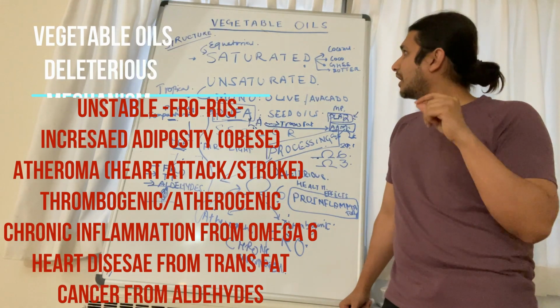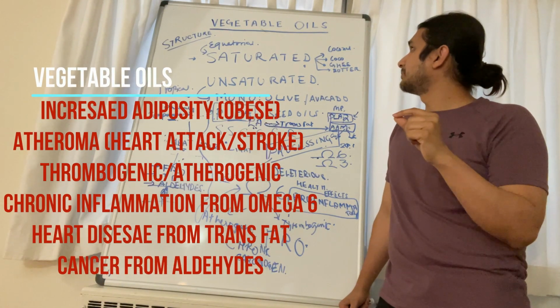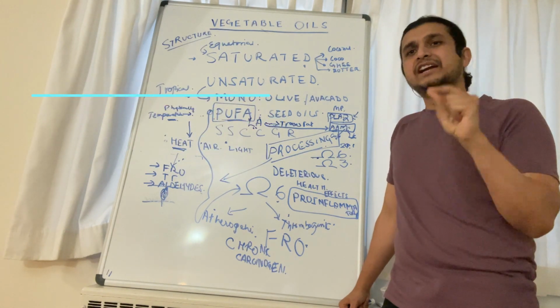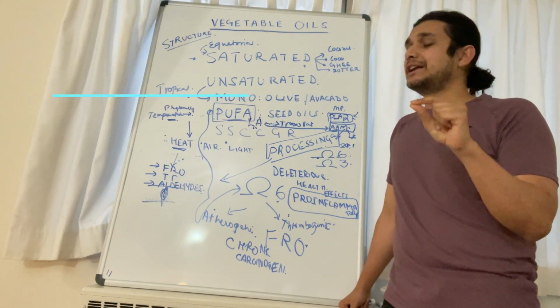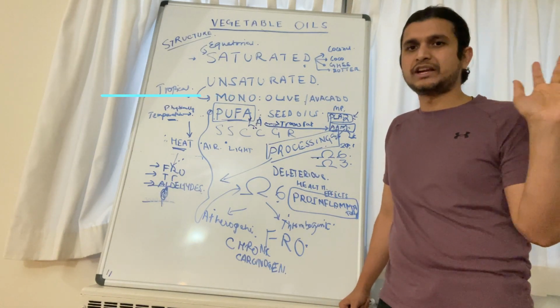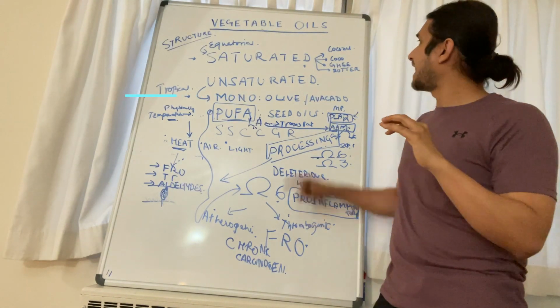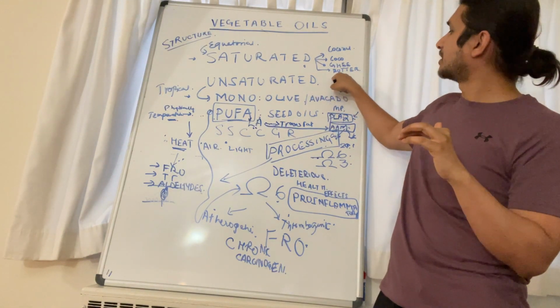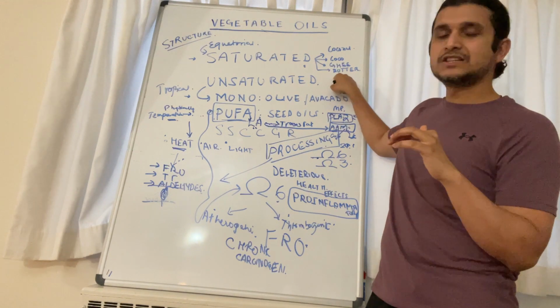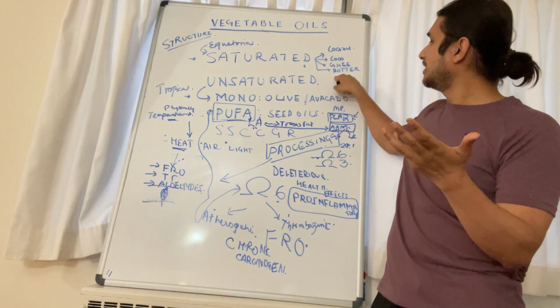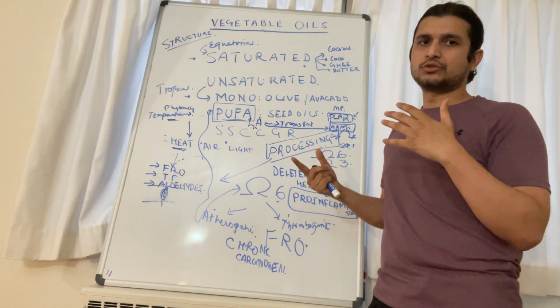So my friends, these are the detrimental effects of vegetable oils. Try to limit the content of vegetable oils you eat. Definitely don't heat it for long. Never reheat the oil that you have used once. Just throw away. Don't eat that oil. And try to eat the healthy saturated equatorial oils or the tropical oils. The equatorial oils being coconut oil, cocoa butter, cow ghee, butter, as well as the tropical oils which are olive and avocado. Those are better.